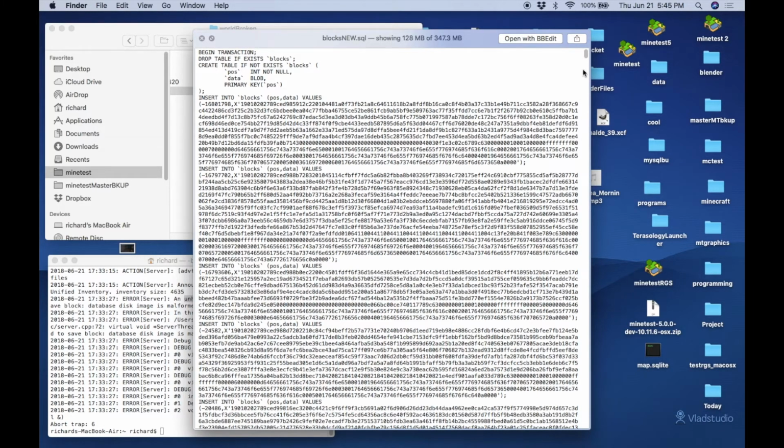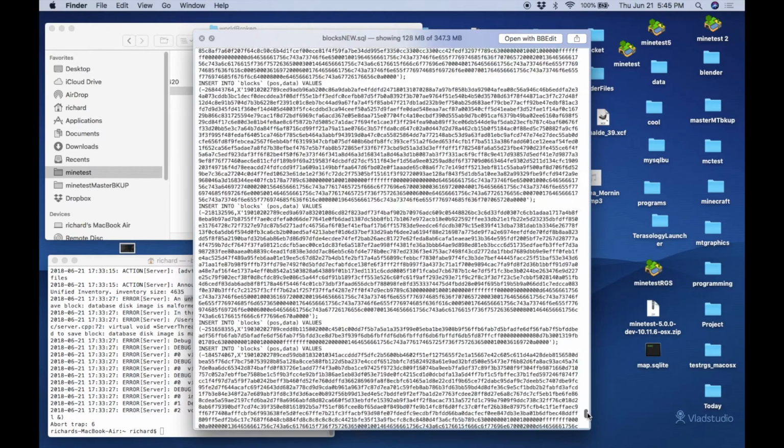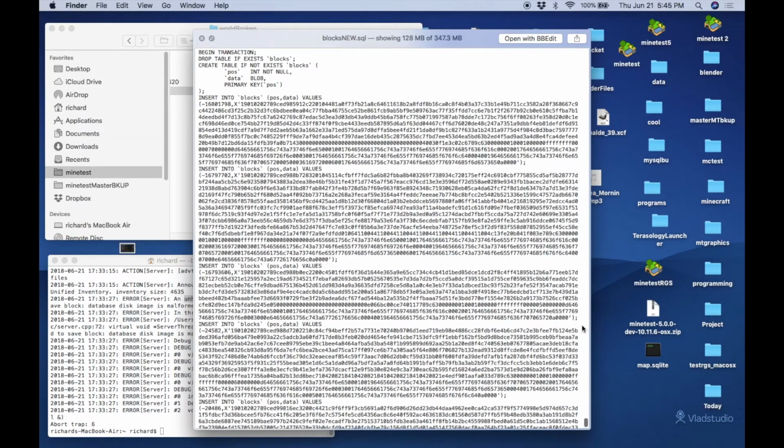And at the end of this file, I don't know if I can actually reach said file. There should be an ending. Nope. It's not going to let me do that because the file is huge. So it says begin transaction. If that table is already existing, it's going to drop it. It's called drop table. It's deleting the table. If exists, it's going to create the table called blocks,